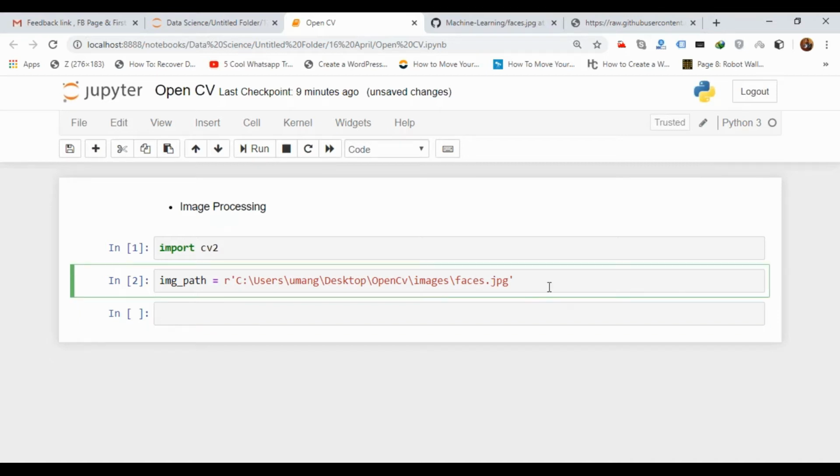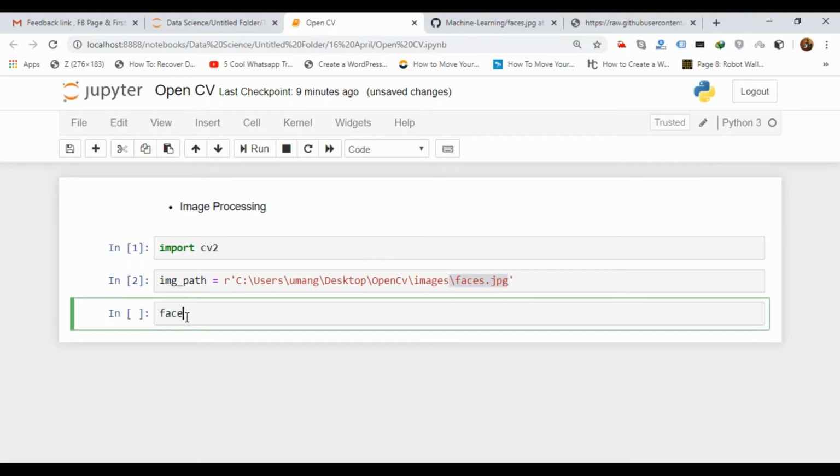You don't have to write this OpenCV images part. On my desktop I have an OpenCV folder, inside it an image folder, and inside that the image faces.jpg. Similarly, you have to give the path of that cascade library, the XML file.